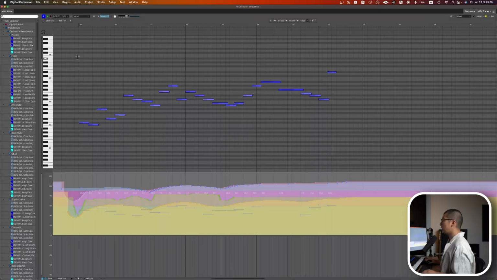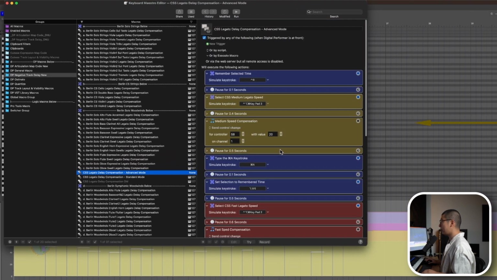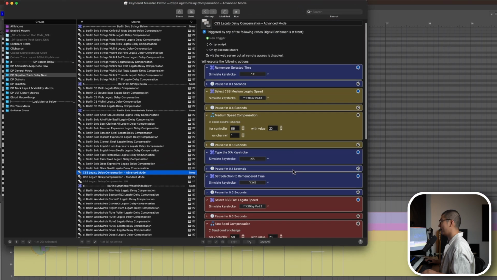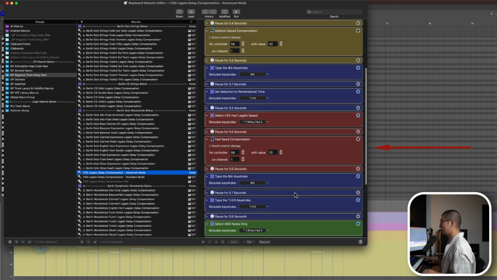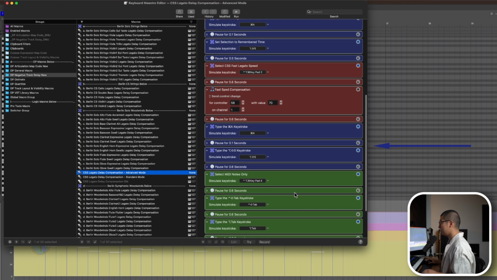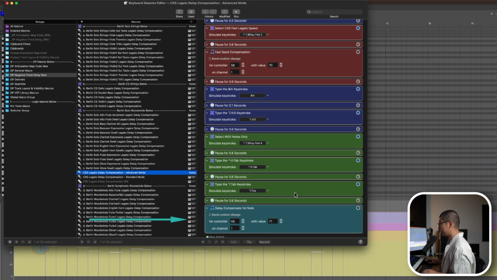And once that's set up, here's the macro flow. First, we need to select the legato phrase and remember its time range. Then filter for medium velocity notes and shift those. Then reselect the range, filter for fast velocity notes and shift them. Then reselect the range again, highlight only the first note of the phrase, shift it separately since it doesn't trigger